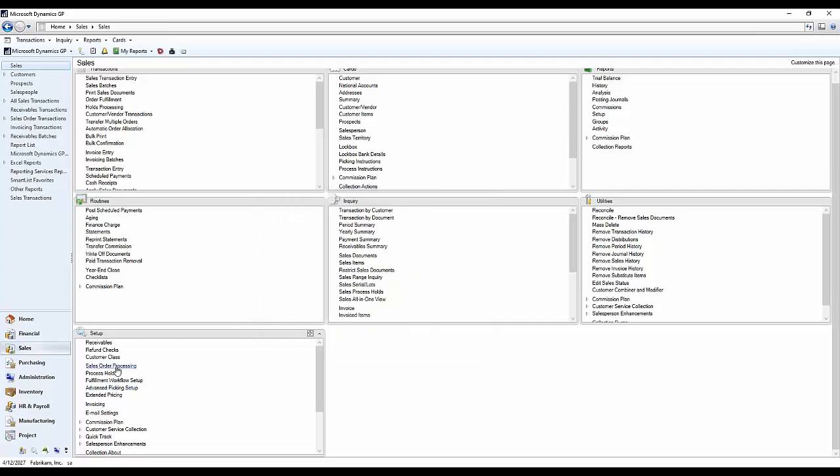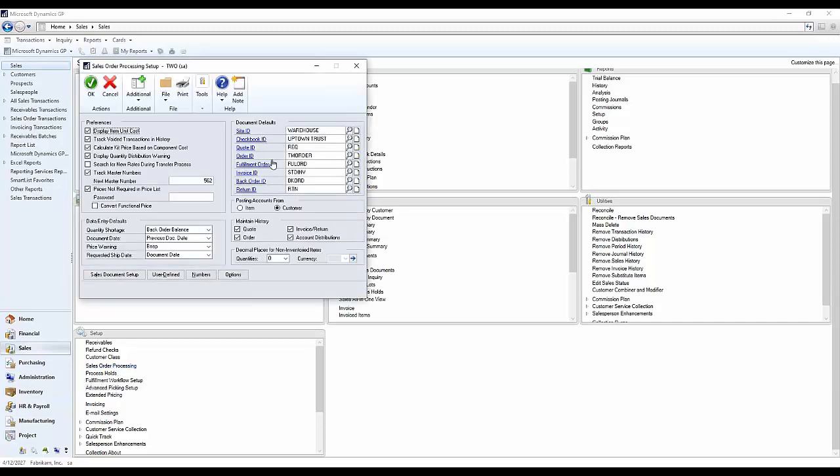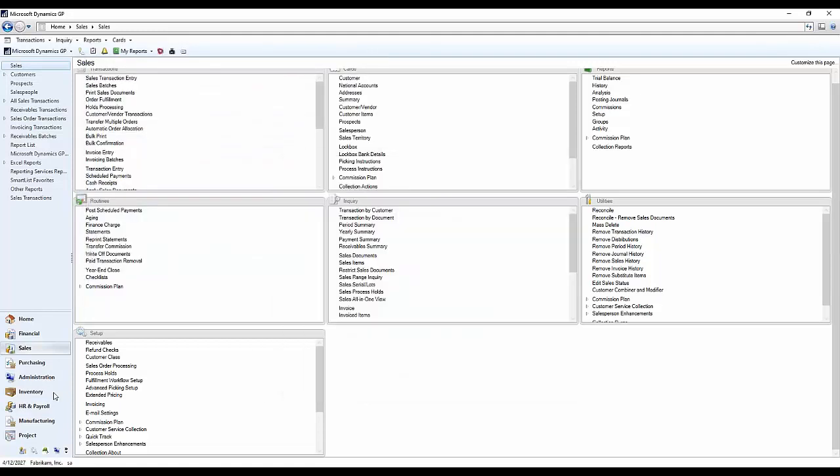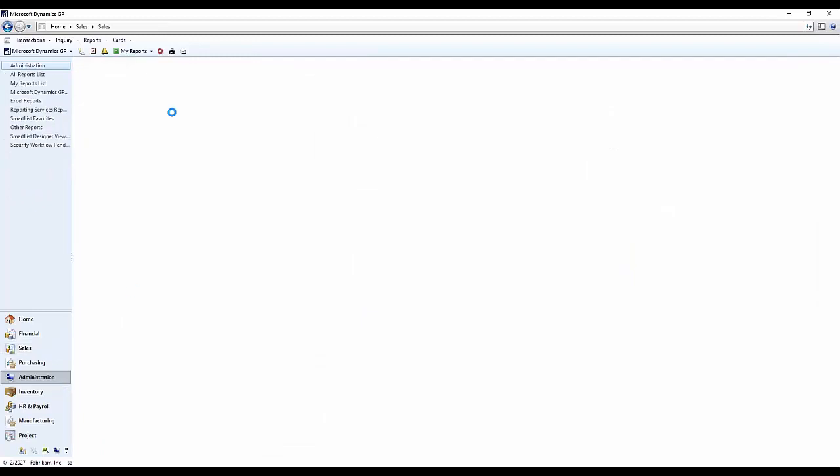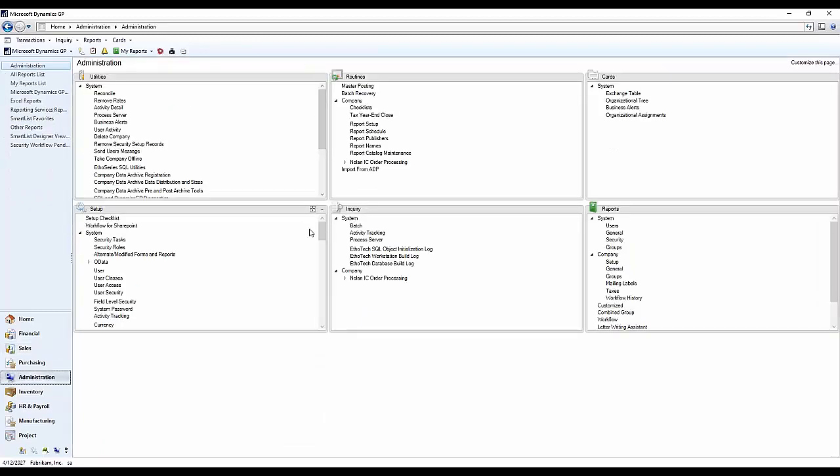The next area that we get into is setting up underneath our sales order processing. So in here, fulfillment orders, if you don't see this option for fulfillment orders, then you don't have the application turned on. If that's not showing up, activating advanced distribution shows up in the administration tab. So as we're in administration and we scroll underneath the setup here, and you may need some security rights to be able to get into this at that point, but we scroll down and we're going to look for our